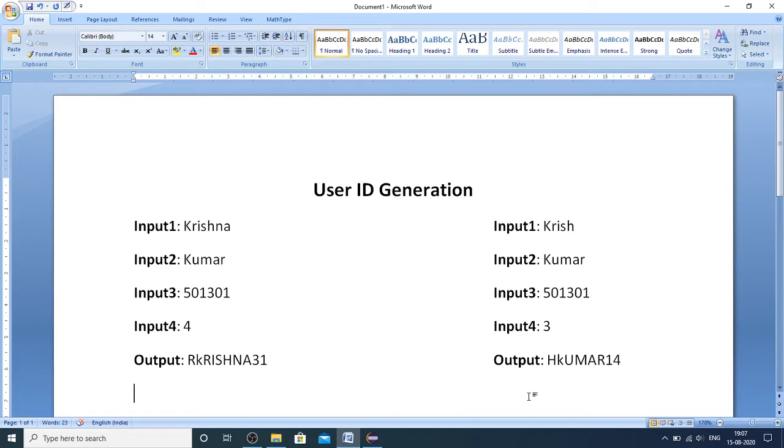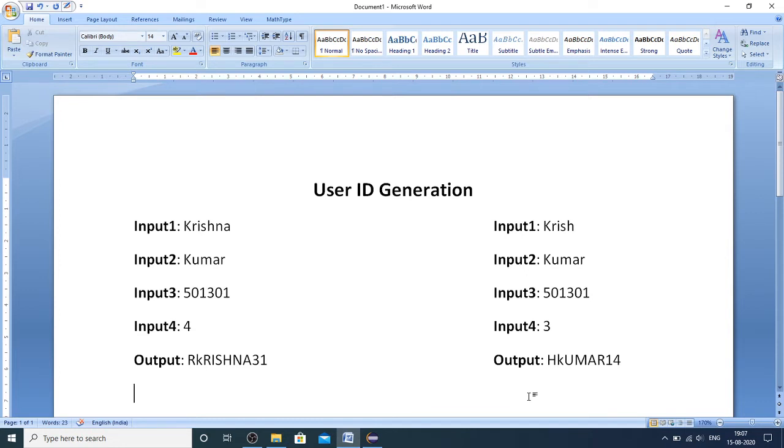And now coming to the procedure, how you have to generate the user ID is, first you must compare the lengths of input 1 and input 2, which are strings, and then you must identify the shorter one and name it as smaller, and the other one you will name it as larger. Suppose if both input 1 and input 2 are of same length, then you must use the dictionary order in order to pick the smaller name.